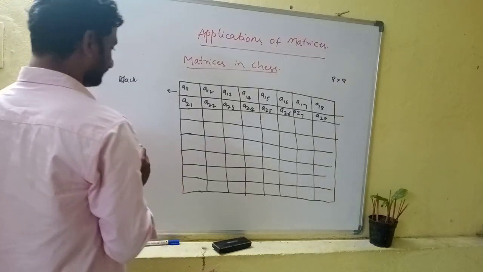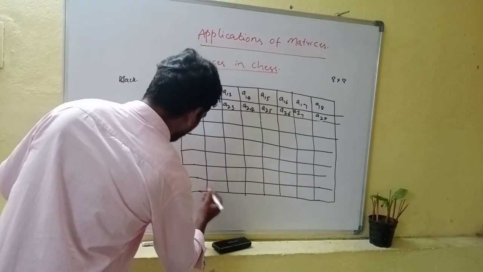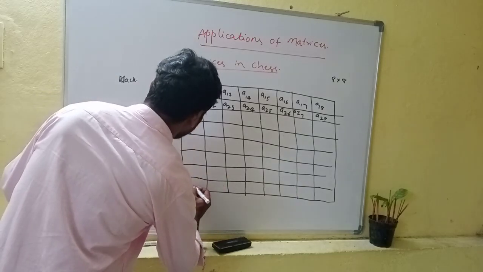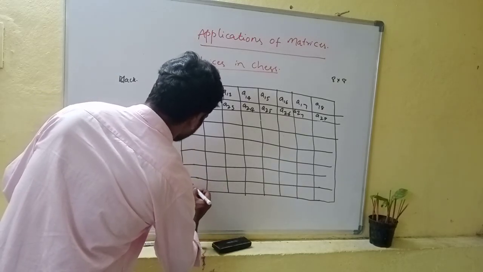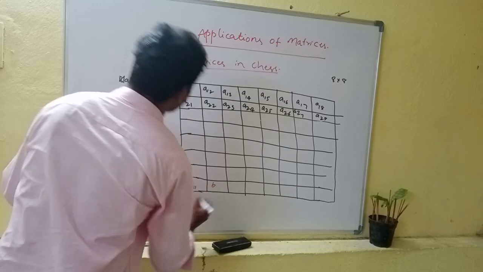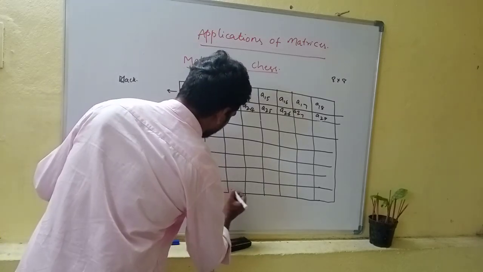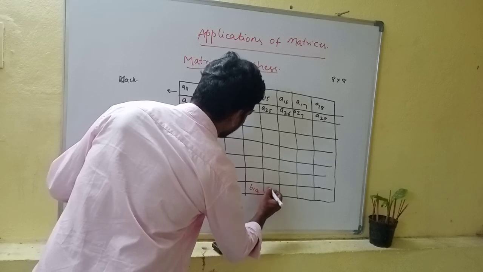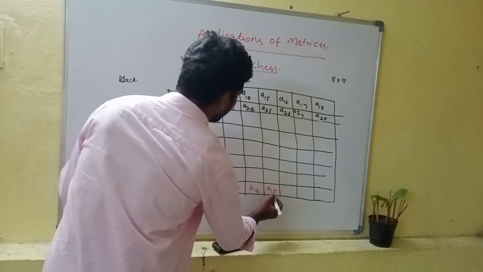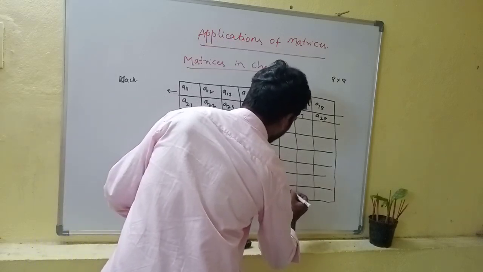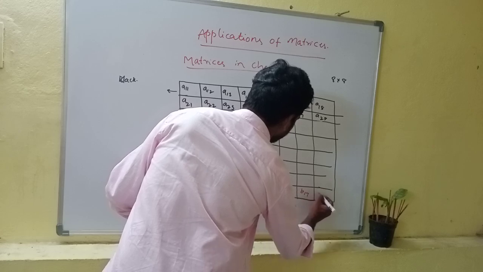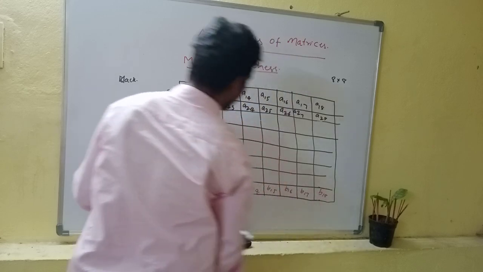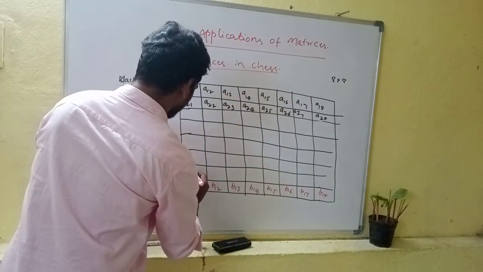Now for white, what will be this one? I am taking this as B, B11, B12, B13, B14, B15, B16, B17, B18. Next, B21,